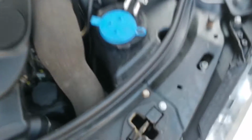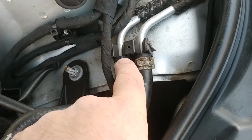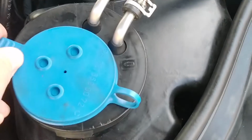Okay, so today's objective is to replace the windshield washer pump in there, which doesn't work. So I think the general procedure is I gotta lift this solenoid out of the way, unclip the washer tank coolant lines so they can flex a little bit, unbolt this washer fluid reservoir bolt, looks like a 10 millimeter,